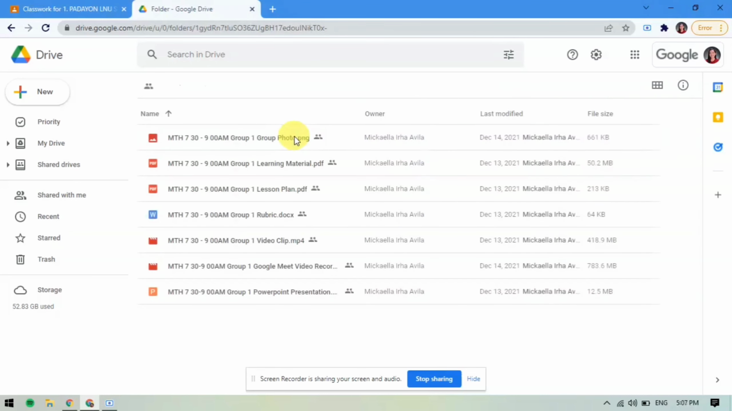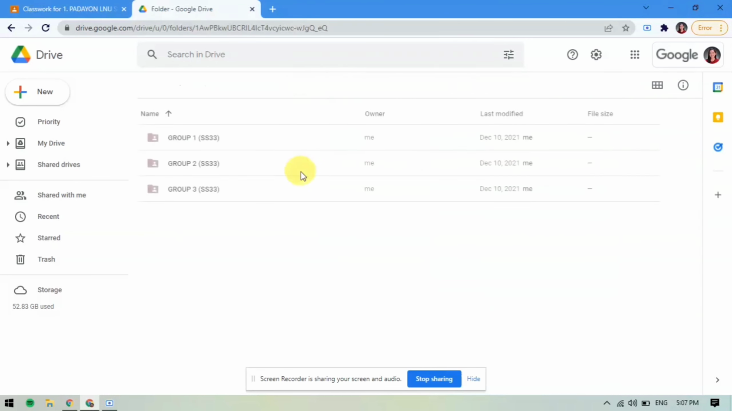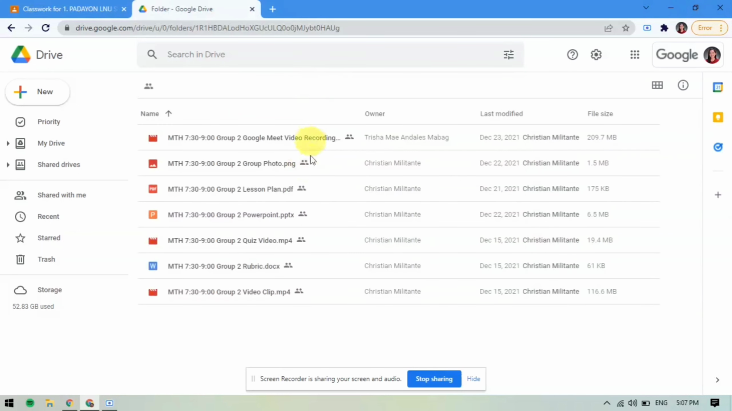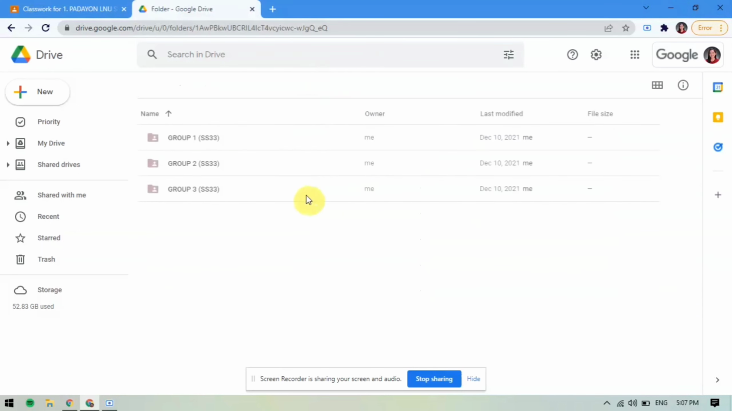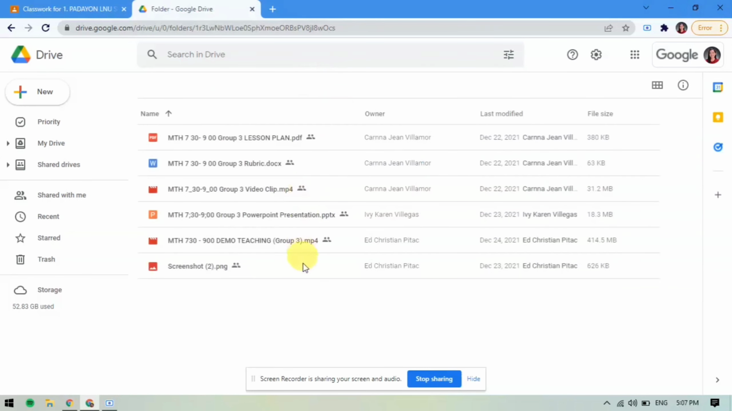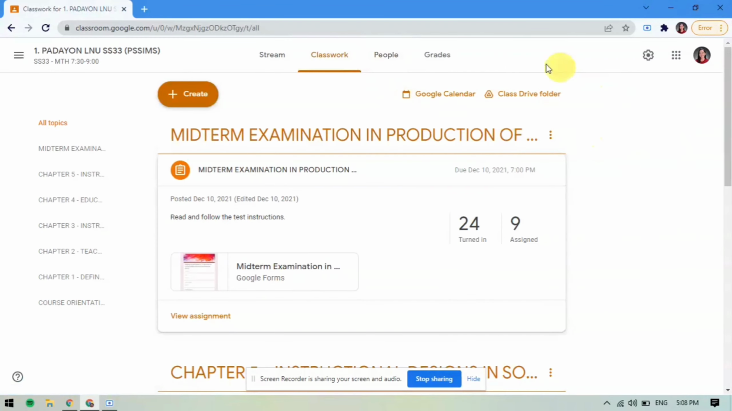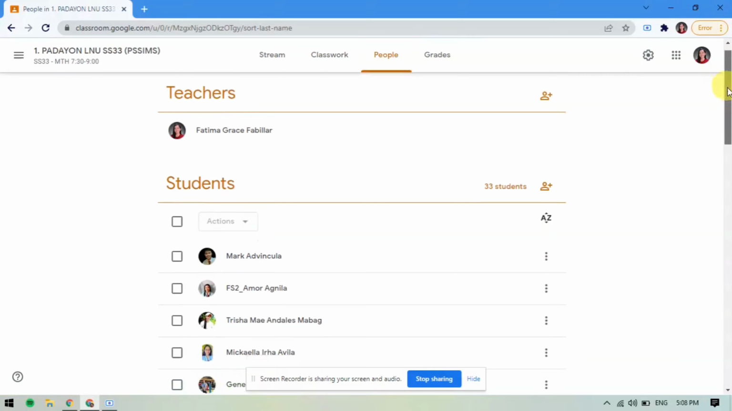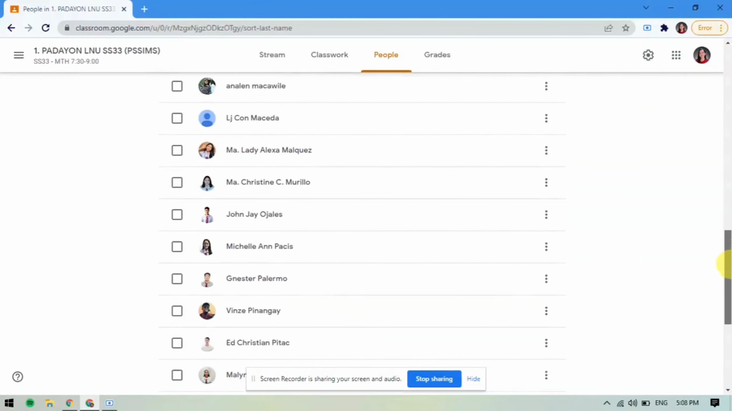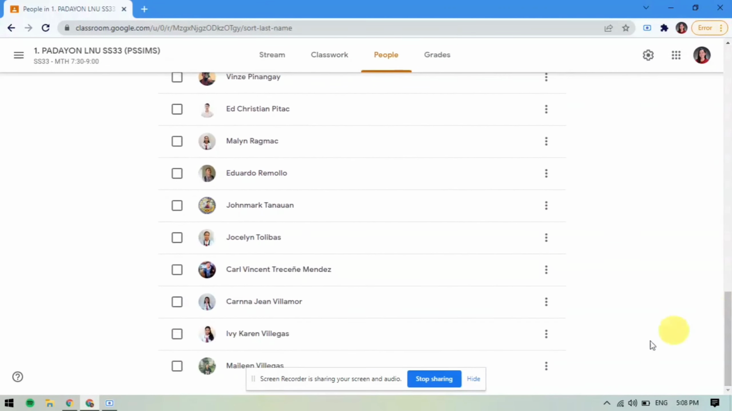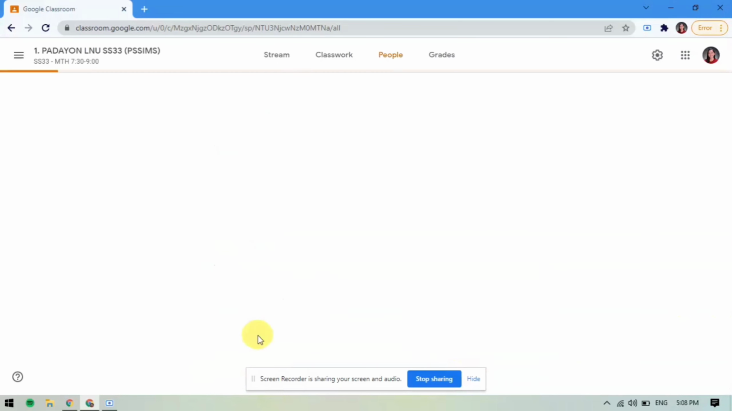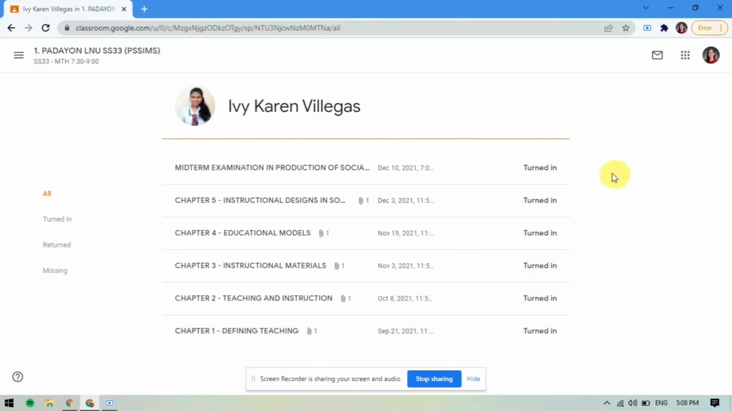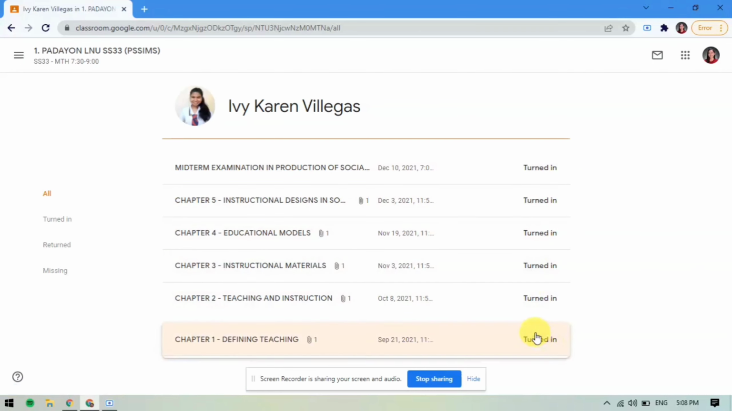Here are the outputs of the first group, second, and third. Now, let me close this tab. In the People tab section, you can see here the names of my students enrolled in this class. Let me click this. For this student, she was able to submit her answers in Chapter 1,